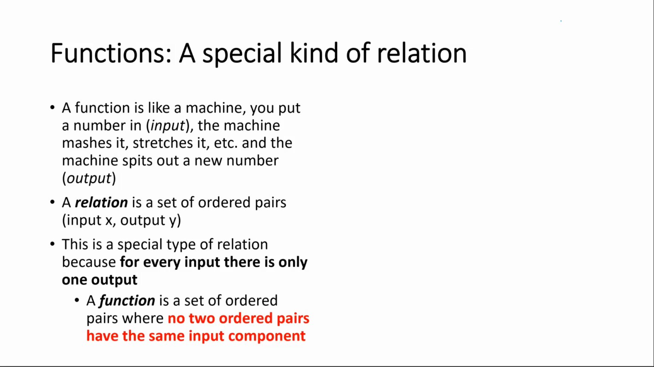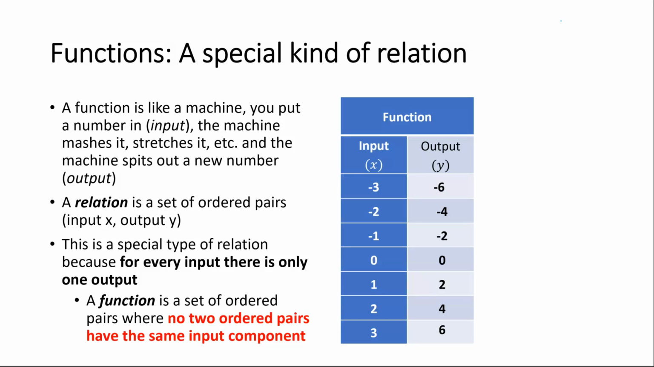So how can you tell if something's a function or not? Well, no two ordered pairs are going to have the same input component. So let's take a look at an example here. We have a table of values. We see a bunch of inputs and outputs, and this is a function because all of these inputs are